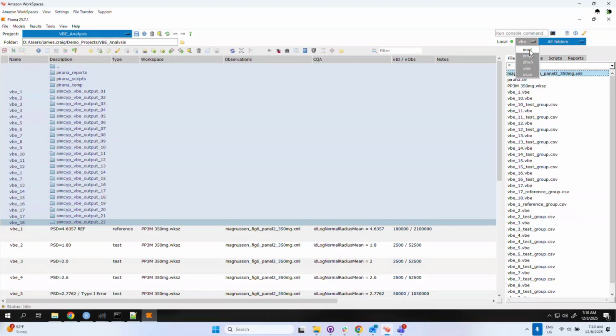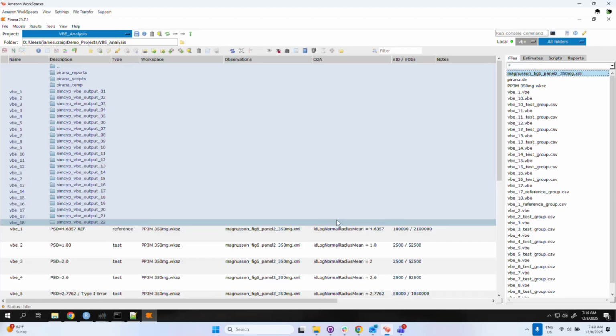We've since made Pirana compatible with NLME in the metamodel context. So again, for POP-PK modeling workflows, Darwin for machine learning, automated POP-PK model development, and recently VBE for the Simcyp virtual bioequivalence integration. So now that we're in this VBE run mode, let's go ahead and point out some components